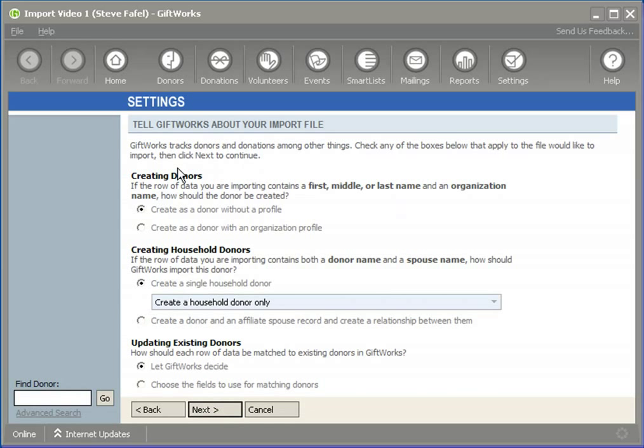I'm presented with 3 options here. One about creating donors, one about creating household donors, and the last one about updating existing donors. There's another video in the series that will go over these in more depth. For now, I'm going to leave these just as the default option, the top option for each of them. And like I said, another video will go over these in more detail. I'm going to click the next button,